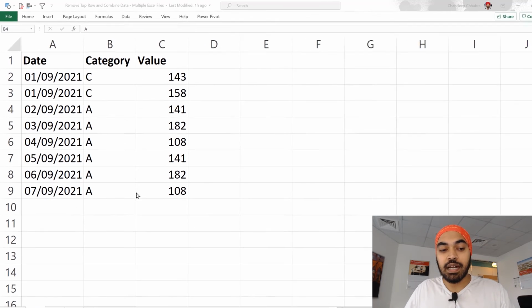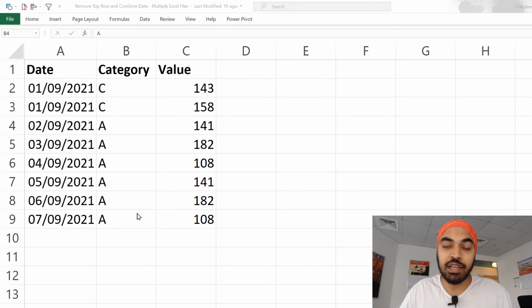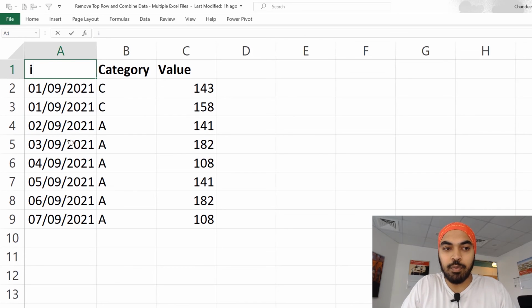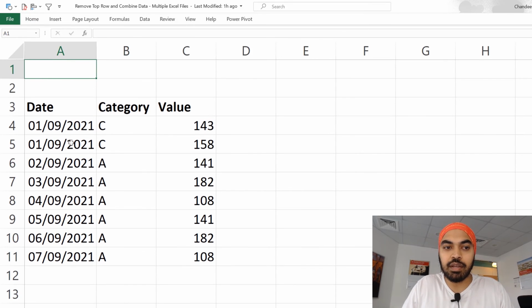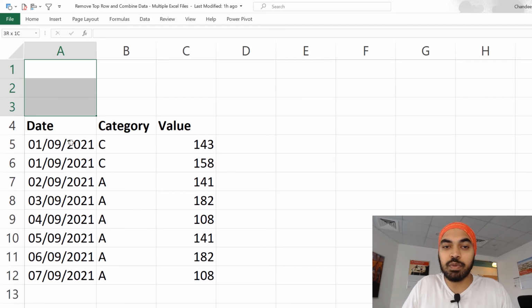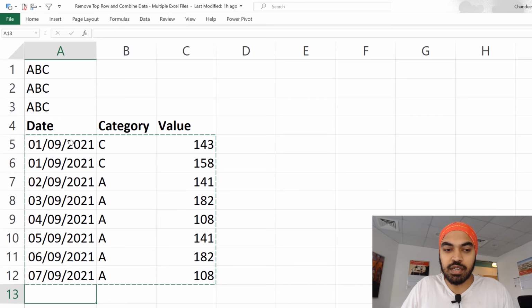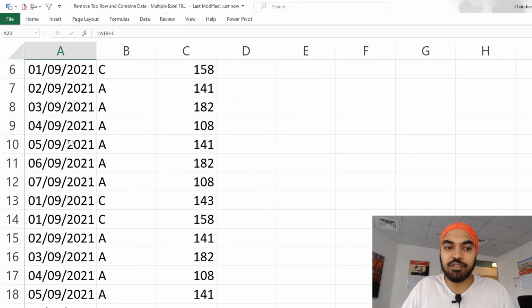So what I'm going to do is in sheet number 3, which did not have any junk rows on the top, I'm going to create a few junk rows on this particular data. Let's just see, does it combine the data actively or not? So I'm just going to go up on the top and maybe create, let's just say 3 junk rows, but not really write the word junk, but write anything literally junk. So let's just say ABC or whatever that might be. Let's just also increase the number of rows so that we can finally test the output. I'm just going to say Control C, Control V, and add a few rows to this data.